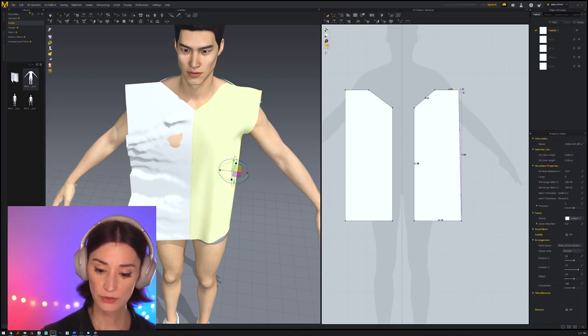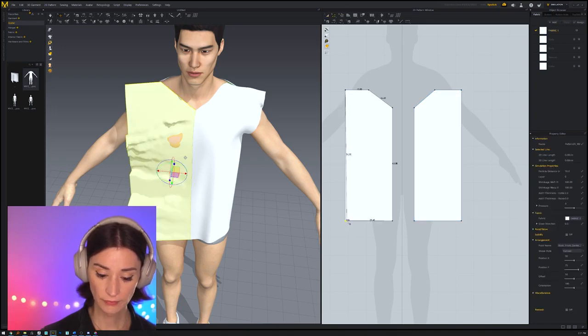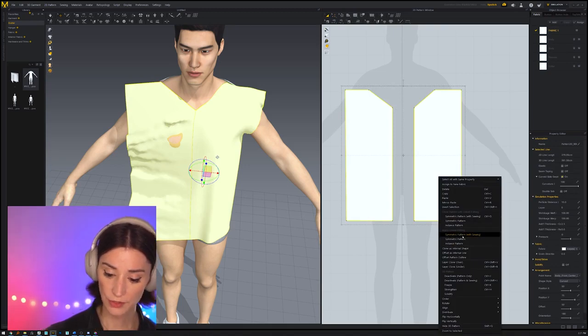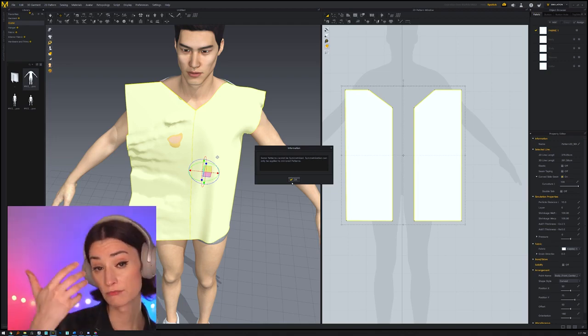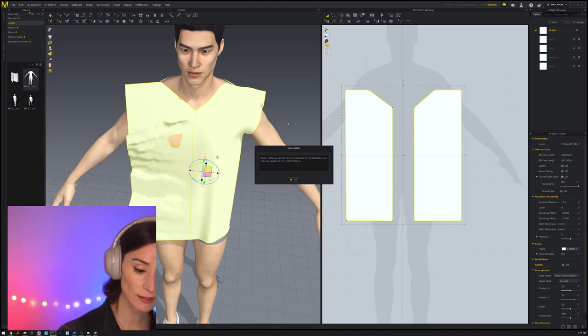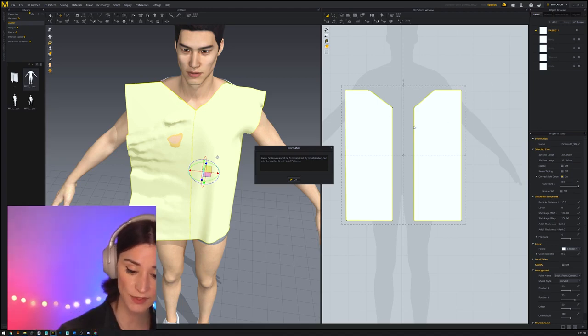If your points are too far from each other, you'll get this. So let me try this again. Yeah, still doesn't work. This works often, but it won't always work, because even though they look visually the same, only being symmetrized,